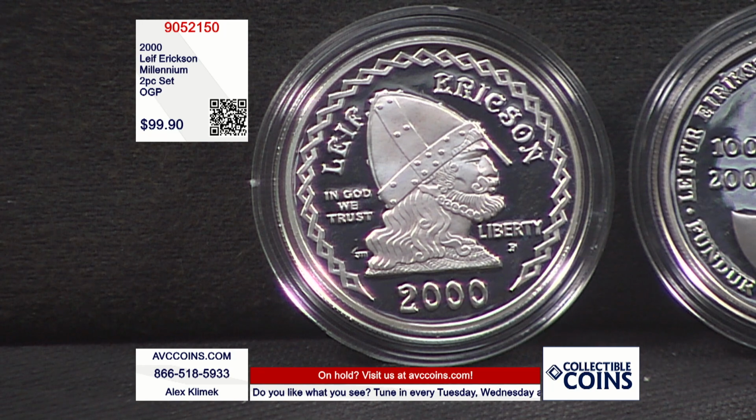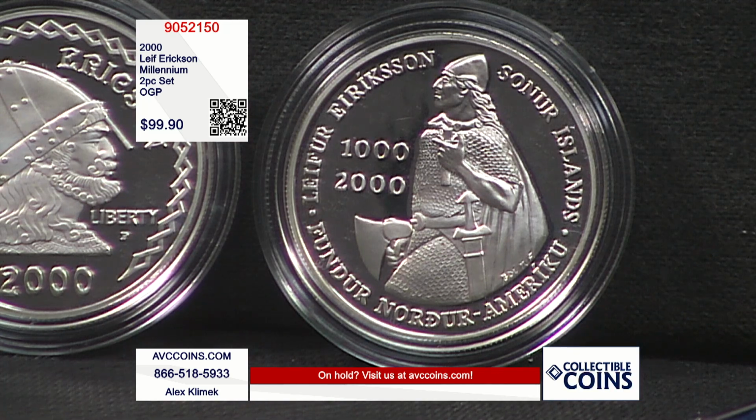It's known as the Leif Erickson Millennium two-piece set, and it contained two special silver coins. The Erickson silver dollar, and then an Icelandic 1,000 kroner silver coin, which is their currency. Altogether, they would make just 86,136 total sets, not only making it a true blue US Mint first, but one of the rare releases of the entire year. This stunning two-piece set, still in the original government packaging, is item number